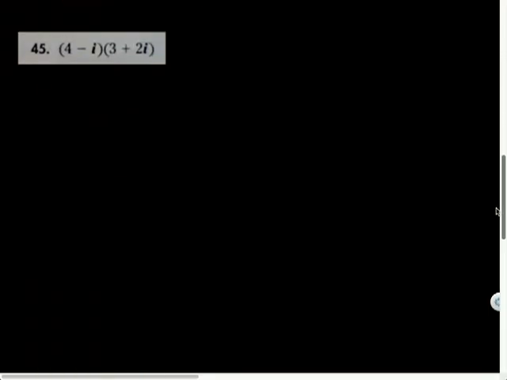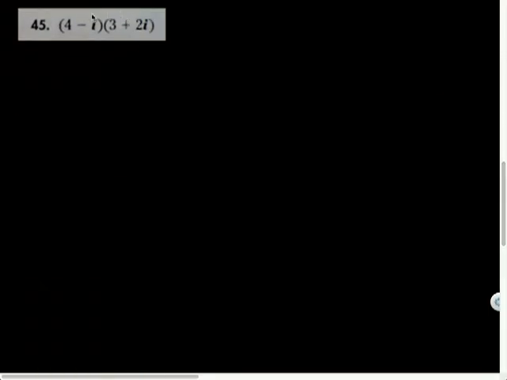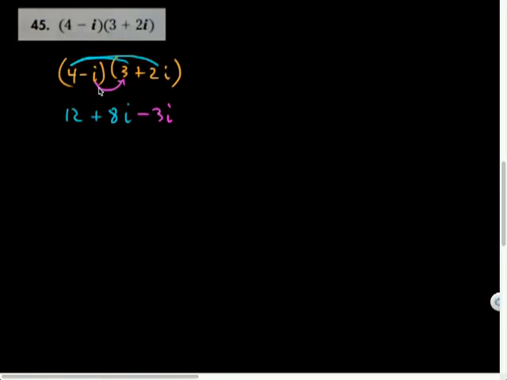I'm just not sure. So here's question 45 on the next page. I've got a binomial times a binomial. Here's a complex number of the form a plus bi. So 4 minus i times 3 plus 2i. What I'm going to have to do here is FOIL it, or double distribute it. 4 times 3 is 12. Foiled it. Plus 8i. And then I'll multiply the negative i times that. So let's see, that'd be negative 3i and